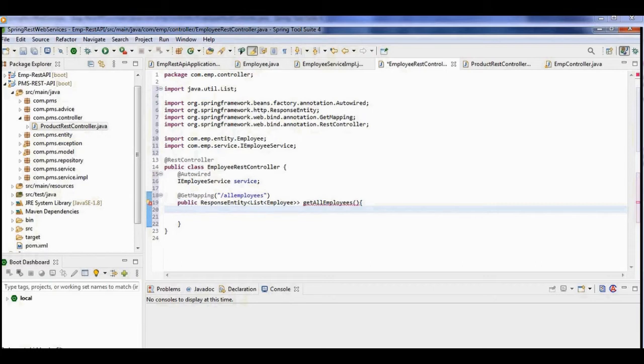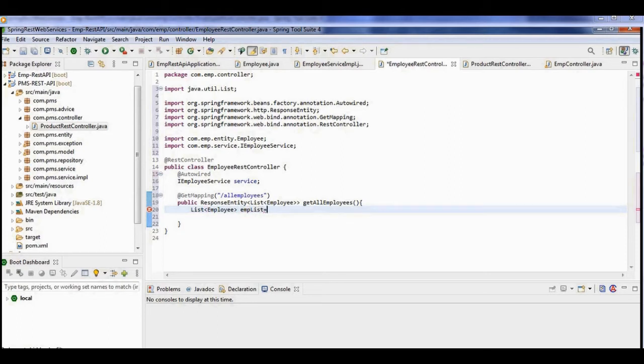So let's write that code. This is List, the generic, and we have to pass Employee, and then I'm going to write the variable name as empList equal to.